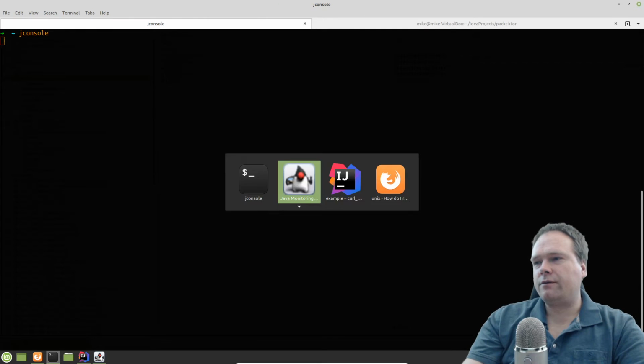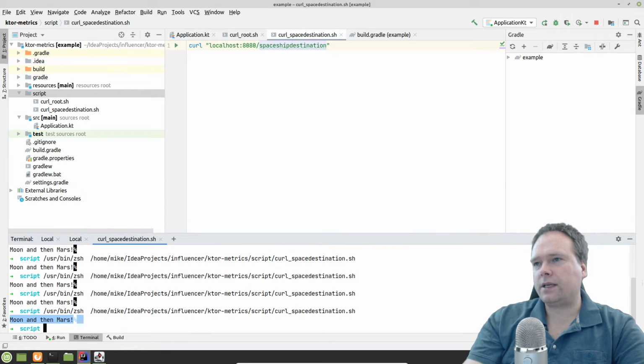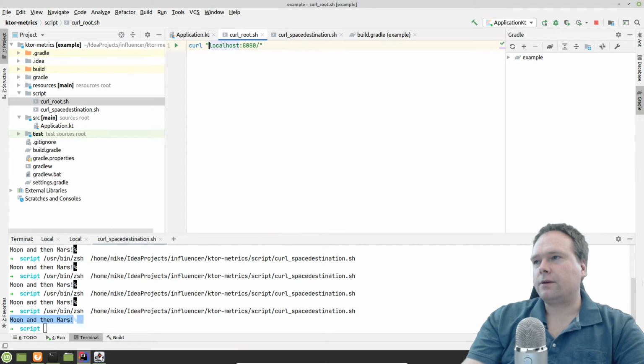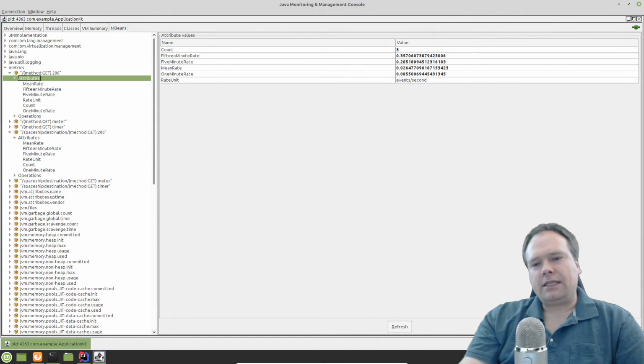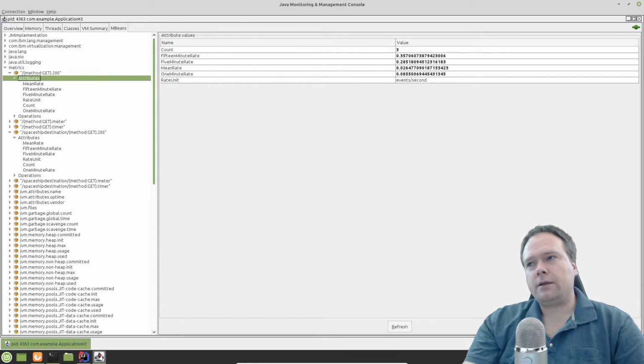Let us try, just for fun, to go and call it once again. Go to the root endpoint. Call it once again. So now it should be 3 times. Now it's 3 times. This is so cool, especially if you have some performance problems with the application, then this is